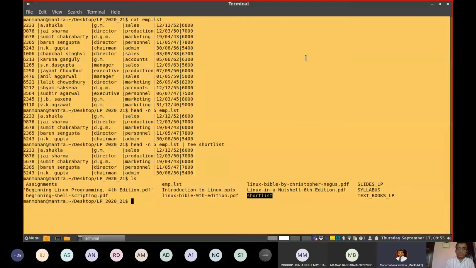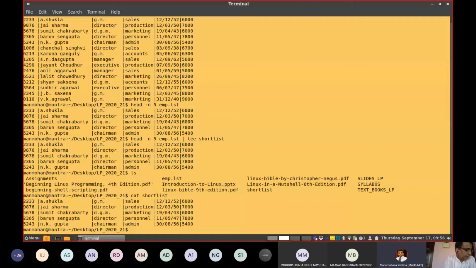One copy is already displayed in the monitor, standard output device. Another copy is there in the file. I redirected this. I made one copy, and one copy will go to the standard output device. Another copy will go to the new file called shortlist. You can check the content. Say, if you check cat shortlist, you can see that content.